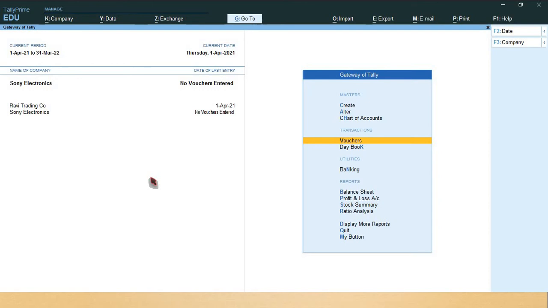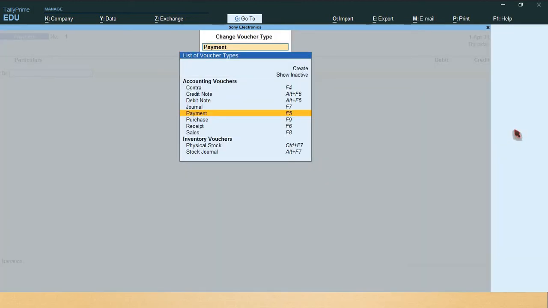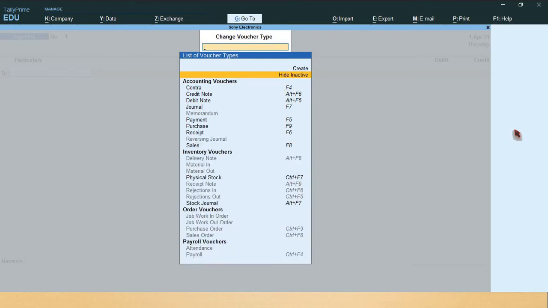So go to Vouchers. Press Ctrl F10 or click on Other Vouchers. Here you will get the list of voucher types window. Here you have to select Show Inactive. Whatever we need is here only.